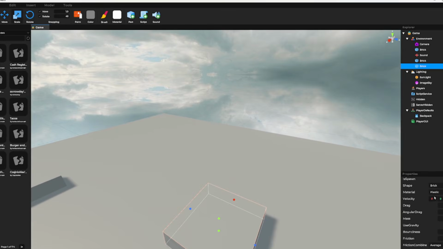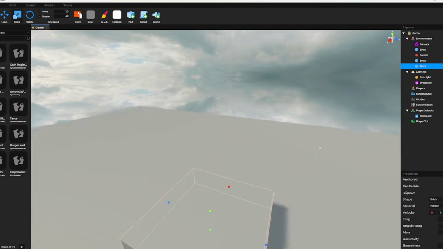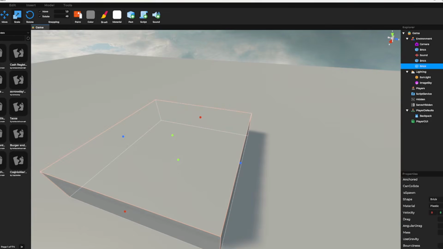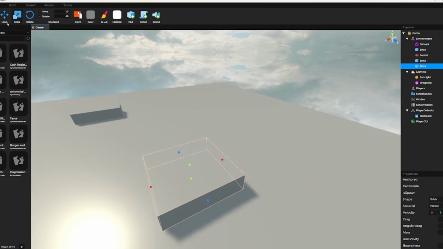There is spawn, so this is going to be a spawn point. Normally in Roblox they have spawn parts, so it's a separate brick, but in Polytoria, you can just make any part a spawn, which is honestly pretty good, I guess. To test the game,